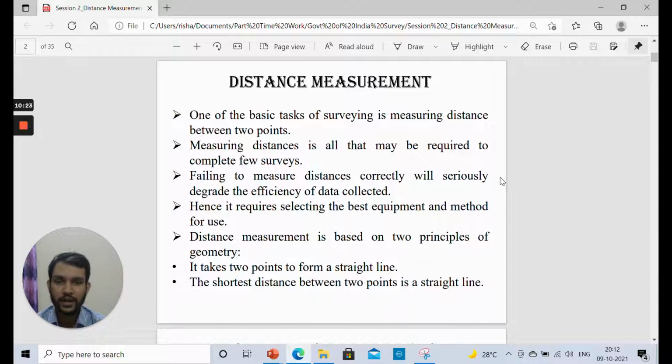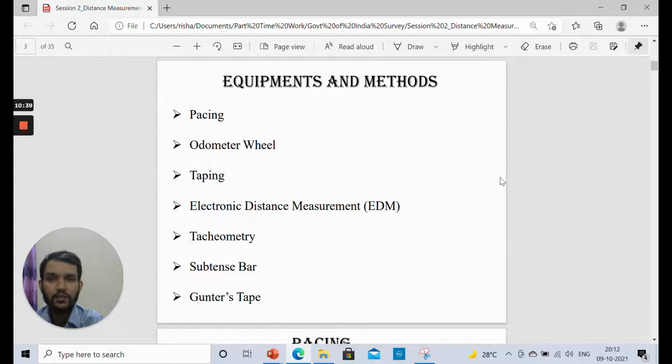Tachyometry is also a technique in itself that is used for measurement of distances, and once we get those readings, we can plot them and take note of them. That comes as a part of layout survey. So that is simple on distance measurement. Now we will be going through the equipment and devices that we generally use for measurement of distance. I have listed 7 to 8 methods that have been used.